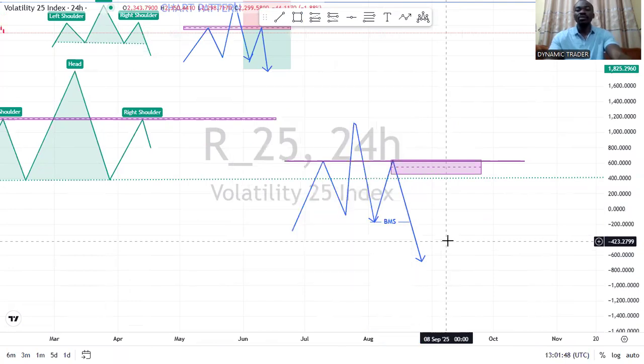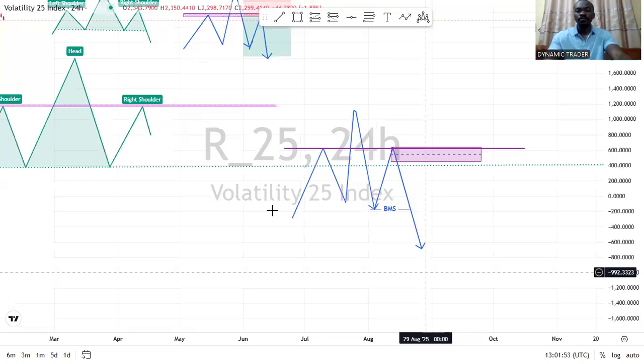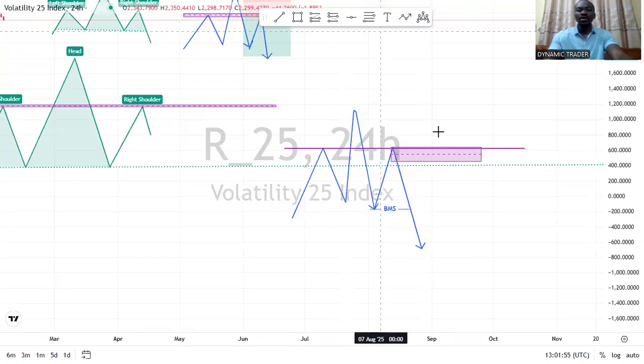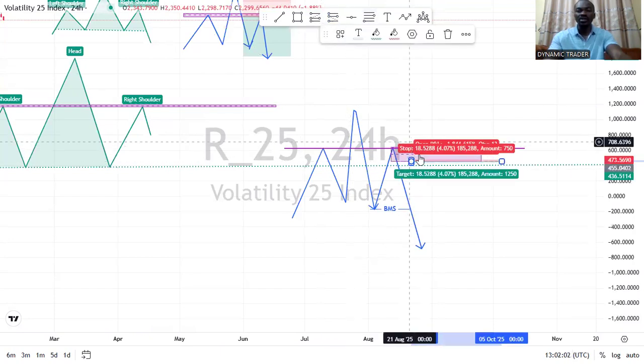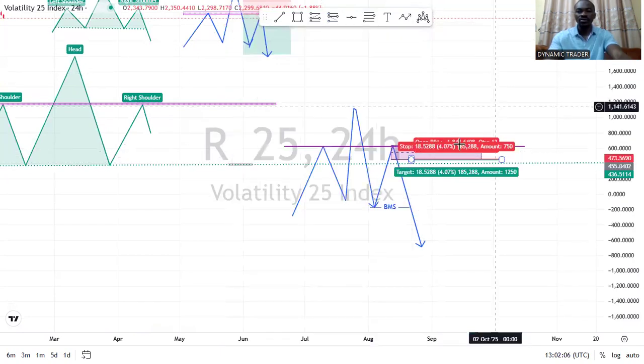You can call it BMS in this case because it broke the previous swing low created. Then the advantage is that your stop loss won't be at this head. Rather, it would be